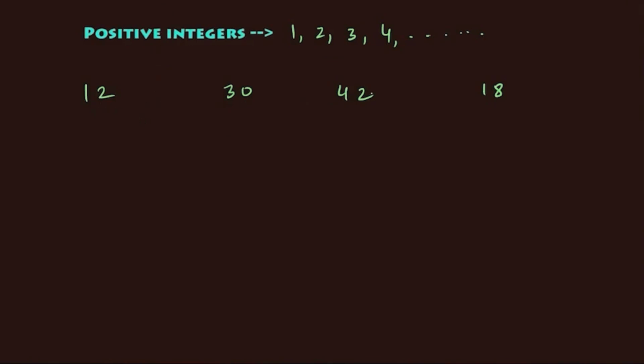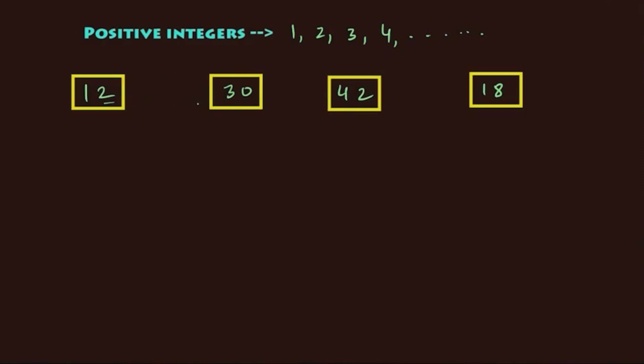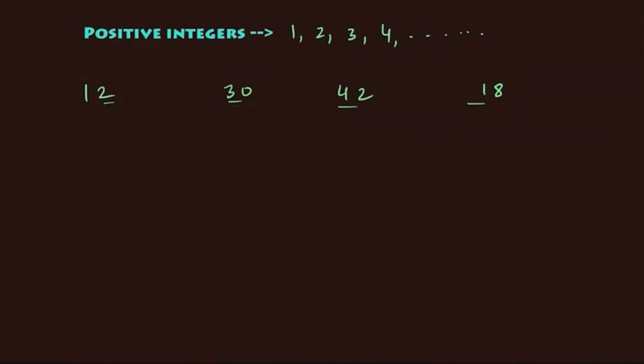Well, as soon as you look at these numbers, we see that they are all different numbers. But let me tell you, there is something common between these numbers. And to find that common thing, let me first write down all these positive integers as a product of two numbers. So if we start with number 12, we can write 12 as 1 into 12 in terms of product of two numbers, that is here 1 and 12.